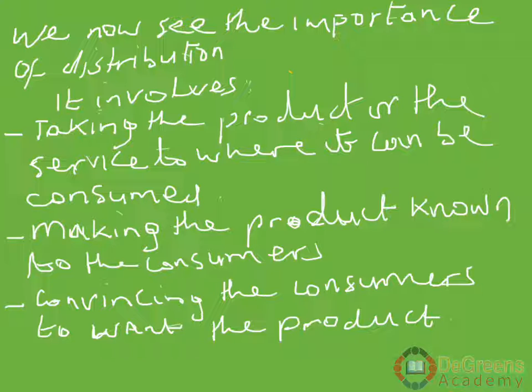And the third thing is convincing the consumers to want the product. As we explained, producers produce what they know will be consumed. If they are producing a new product, they know that they can convince consumers through persuasive adverts to acquire the good to consume. So this aspect is important. It is another way of making their commodity accessible to the consumer.